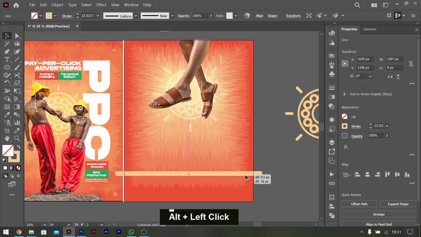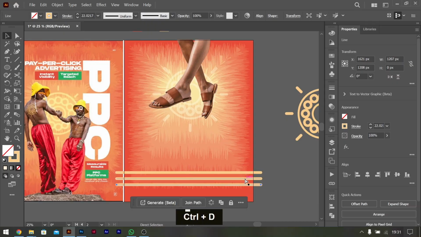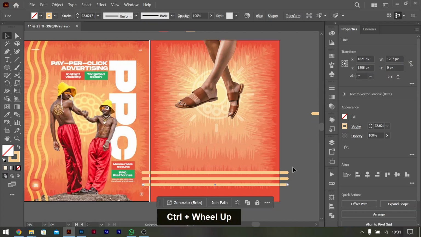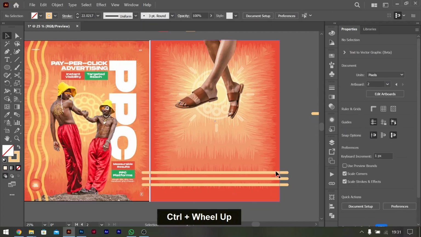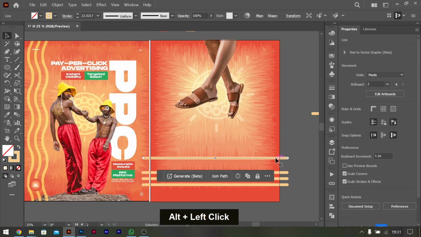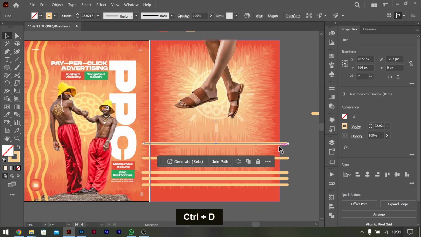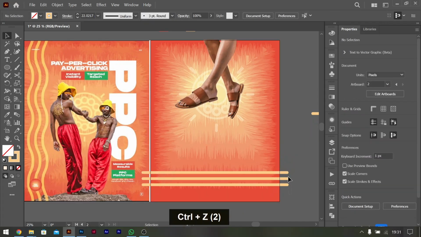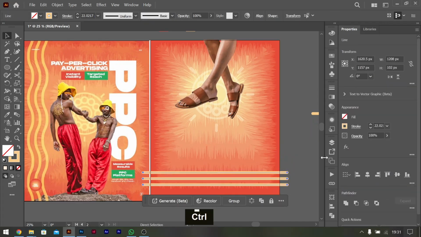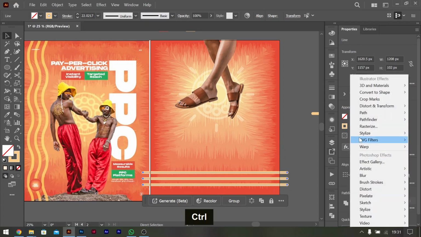We're going to duplicate it into 3. 1, 2, 3. So what I did is I hold on Alt, I dragged, then I pressed Ctrl D to duplicate the action that I did initially. So select the 3 of them. If you want, you can group them. If you want, you can leave them like that. You can say okay, and then we go into